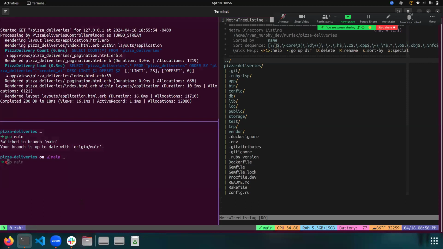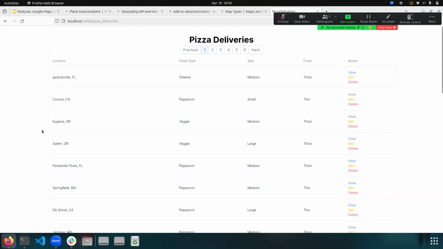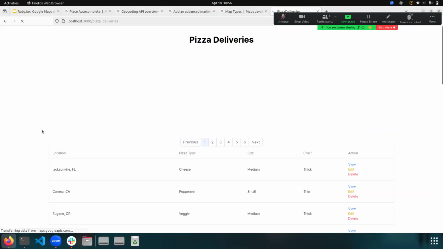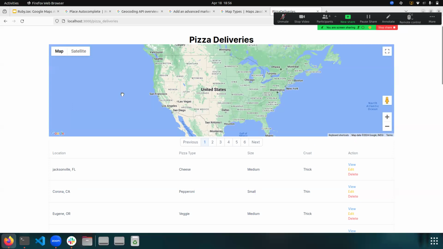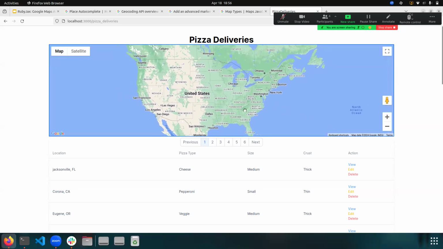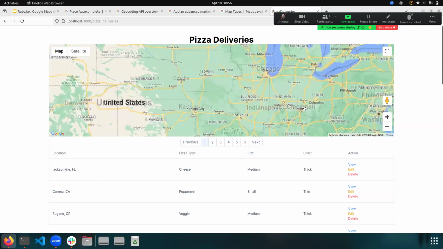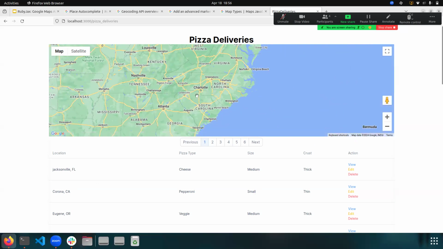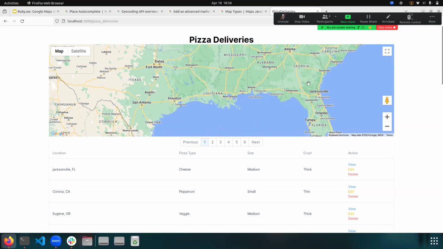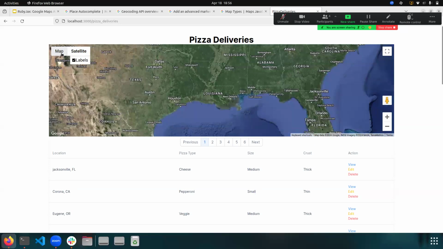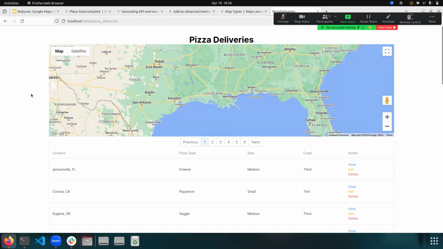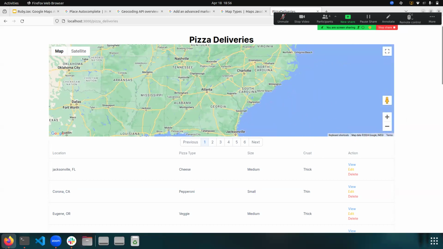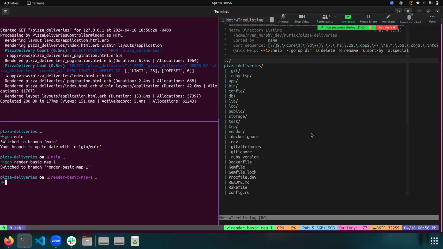So I'm going to switch to my next branch, which is rendering map. I should be able to just refresh this and see a map. So this is basically doing the same thing we saw on the first slide, where we're just rendering a map and we can interact with it, go into satellite view and whatnot. But we haven't done anything yet. But let's start going over the